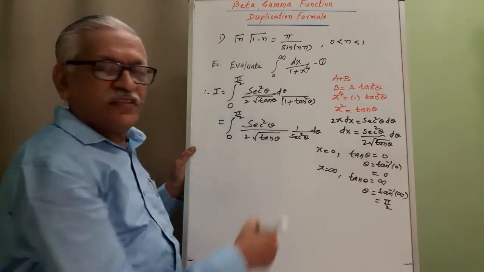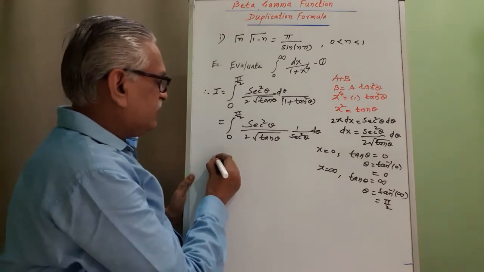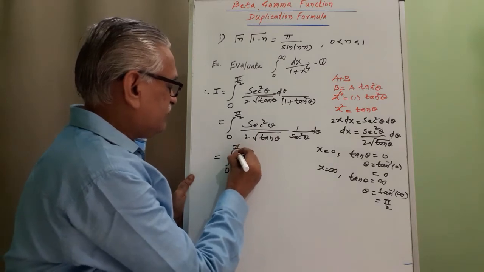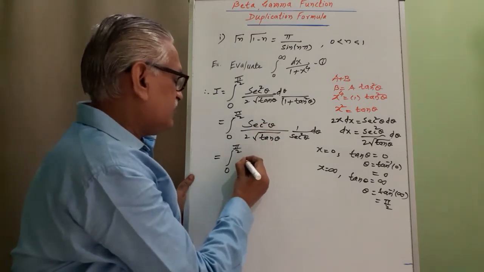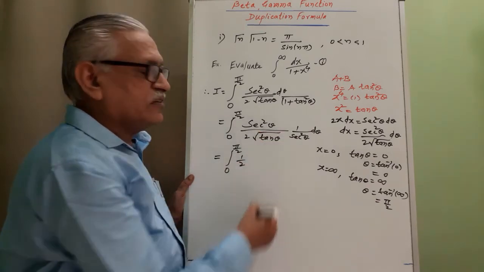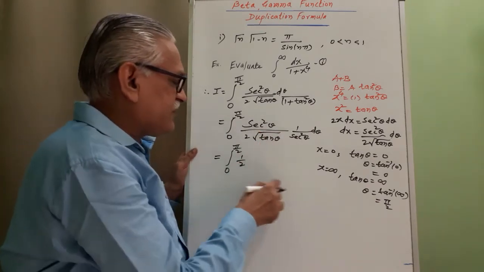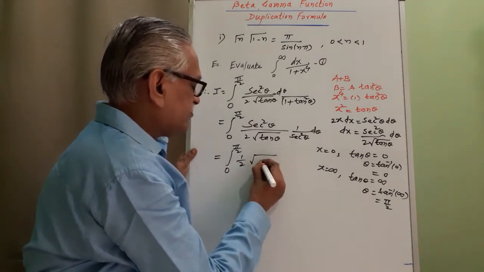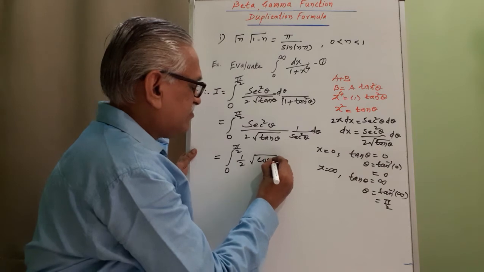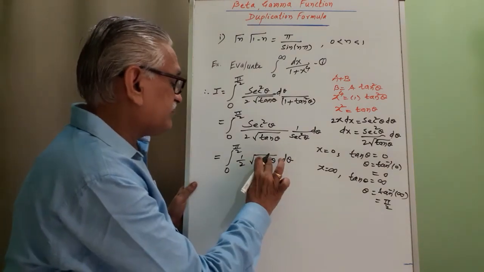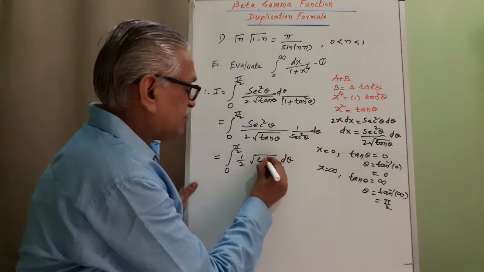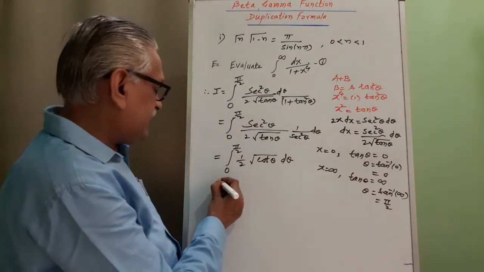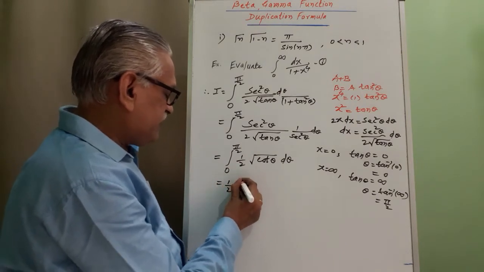So the secant square theta terms get cancelled, and we have 0 to pi by 2, 1 by 2 times 1 upon root of tan theta. If we transfer it to the numerator, it becomes root of cot theta. Cot is nothing but cos by sine, and therefore it becomes